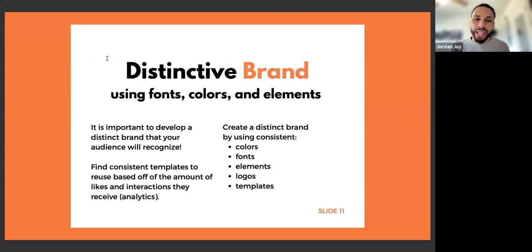There's a couple of fonts that I use a lot on the social media platforms. There's an Open Sans I use a lot, and so I just kind of have that saved. As well as the elements that we were just looking at, I use kind of consistent shapes. I use a lot of circles and rectangles. And so just being consistent with those just makes your content more and more recognizable.